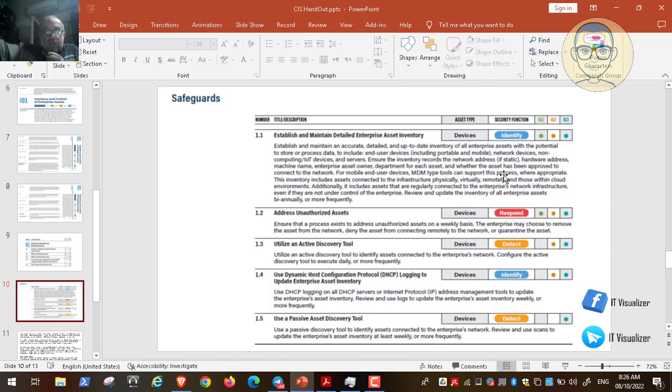Where appropriate, inventory assets connected to the infrastructure physically, we have discussed physically, virtually, remote, and those within the cloud. Additionally, it includes assets that are regularly connected to the enterprise network infrastructure, even if they are not under control of the enterprise. Review and update the inventory of all enterprise assets biannually